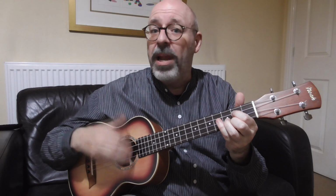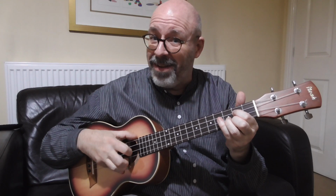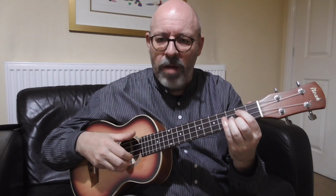Now I'm resting my little finger gently on the top of the uke here, which means I don't get lost when I'm picking, and I'm also not tempted to do big plucking actions like this. You have to keep it all nice and tight and close to the strings if you want to get your speed up. So what I'm actually doing with my right hand, and I'll do you a close-up in a moment,